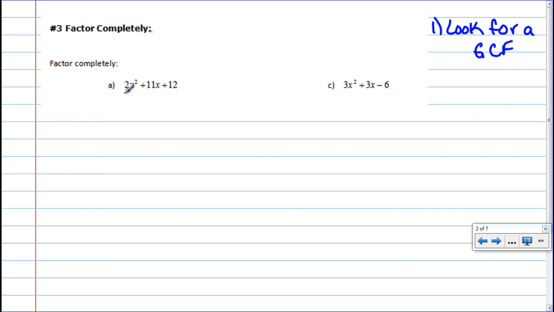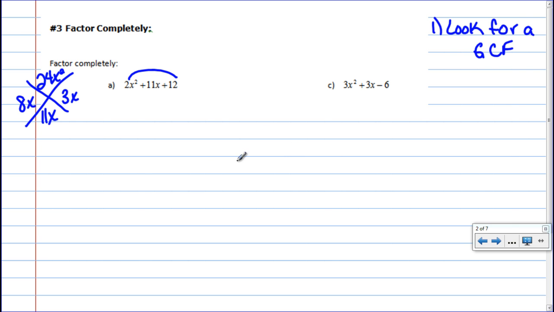So this first one, 2x squared plus 11x plus 12, there is not a GCF for 2, 11, and 12, so I can just start to factor. So I'm going to multiply 2x squared times 12, which gives me 24x squared. And then I have my 11x. So I need 2 numbers that multiply to make 24 that add to make 11. And so if I run through factors of 24, I get that 8x and 3x are going to be my